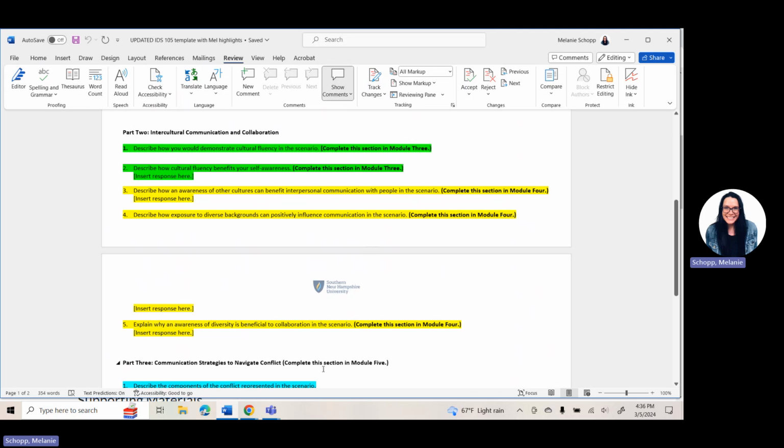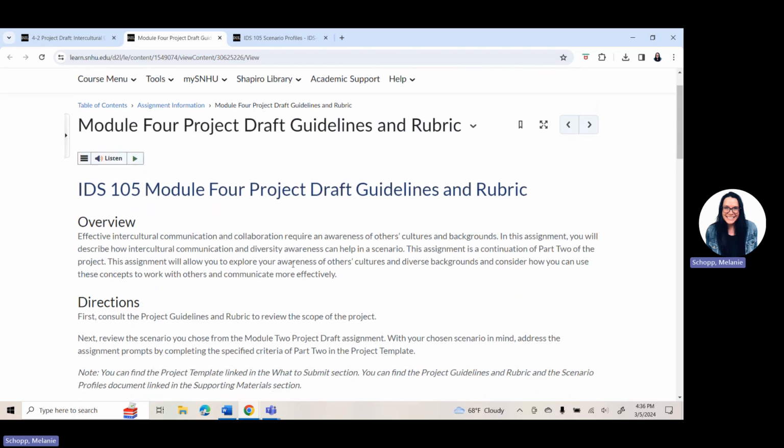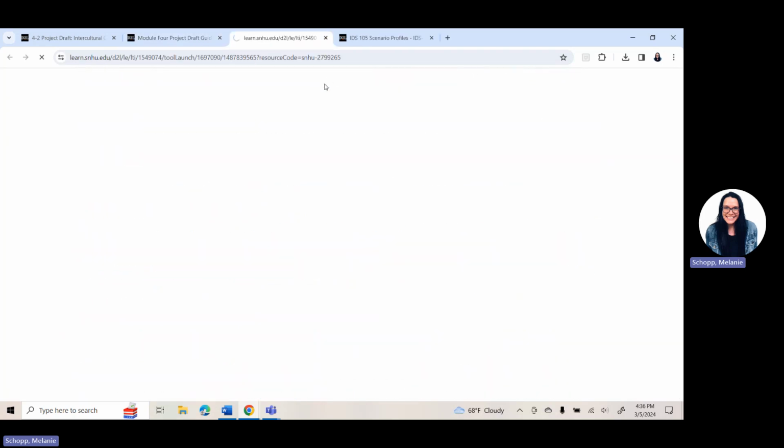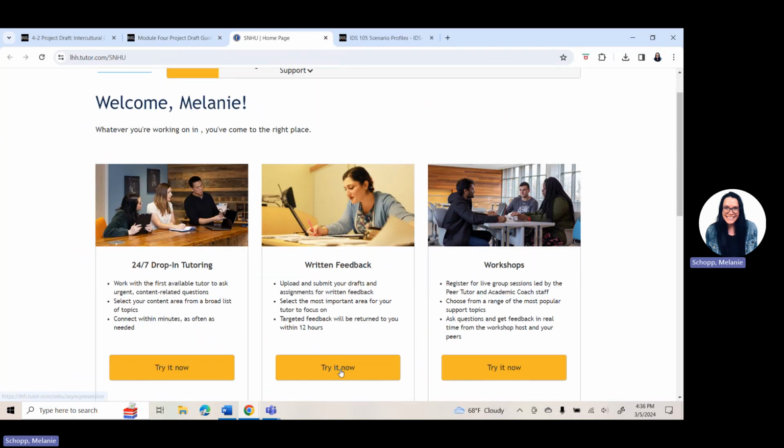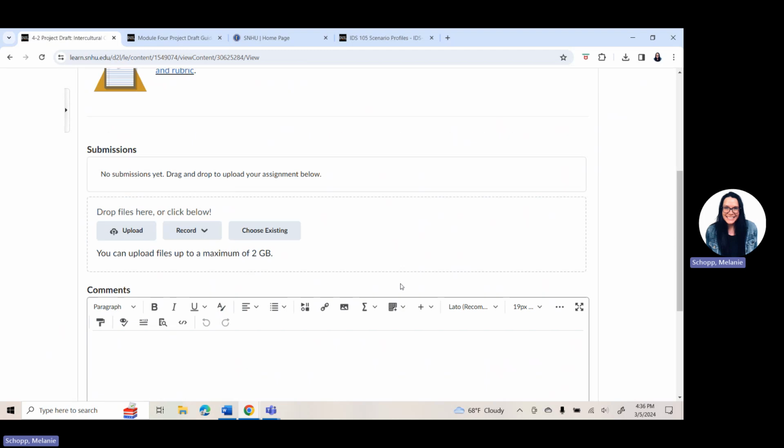As a reminder, you have the amazing services of the academic support team. You can click on academic support. You can click on written feedback. Try it now. Fill out the little questionnaire of what you want the tutor to focus on, and they'll give you targeted feedback within 12 hours. It's a wonderful service to utilize, especially for these project drafts here in IDS 105.